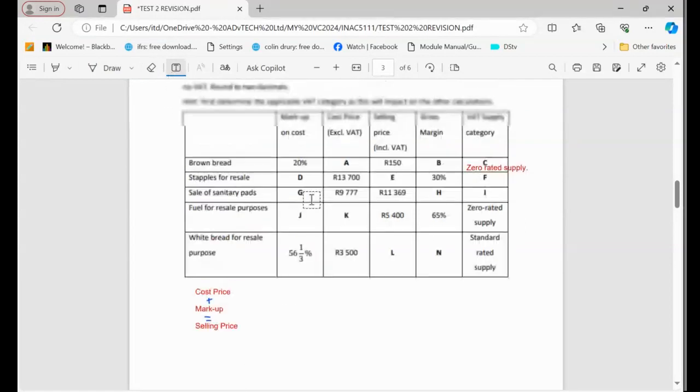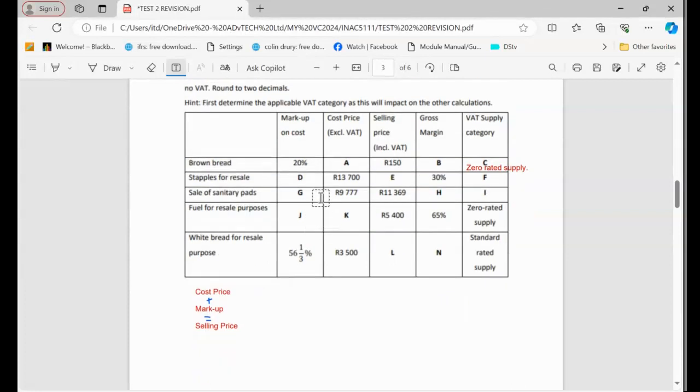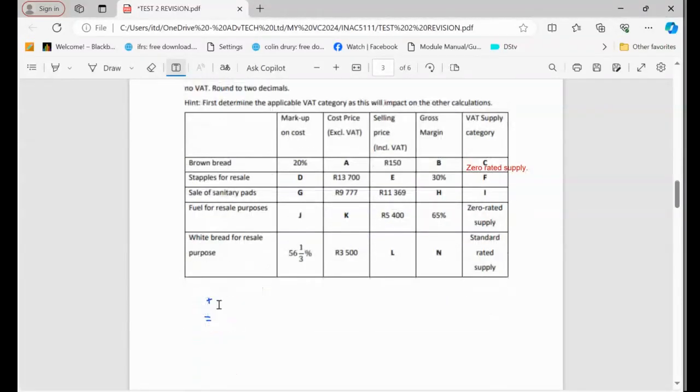So now, remember, you need to use this markup in order to calculate the cost price. Can you see now? Because the markup is 20%, and they say the 20% is on cost. Firstly, you can just go and put the markup because the markup is given. The markup is given as 20%. So I'm just going to write 20 like that. Now, because the markup is on cost, remember, on cost, the minute you see on cost, it means your